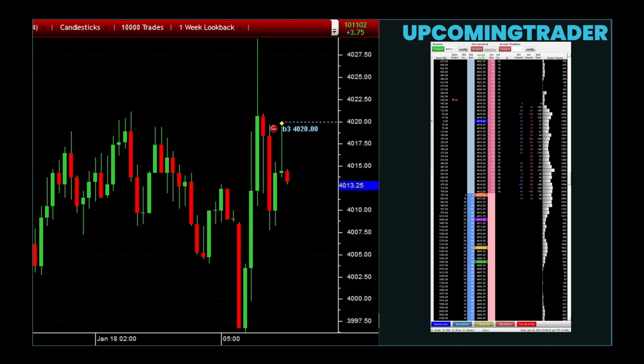Descending triangles, on the other hand, are typically bearish patterns that form when the price makes lower highs while finding support at a horizontal level. This pattern suggests that sellers are gaining control and are forcing the price lower. A descending triangle indicates that selling pressure is building up, and a downward breakout occurs when the price breaks below